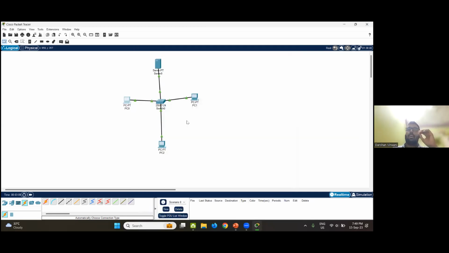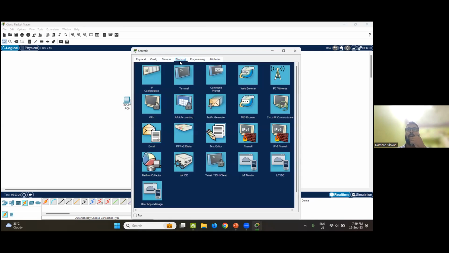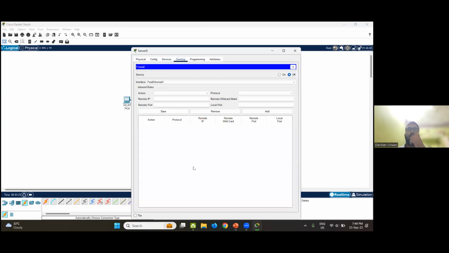So as an IT administrator, I want that none of the institution's systems can ping my server. So what I will do is head over to my server, go to my desktop. Here I have a firewall. So I will be making a rule that denies the protocol ICMP, remote IP. I will be using all of my IPs, so I will use 0.0.0.0 and the remote wildcard mask. The wildcard mask is our subnet mask, which we used before,